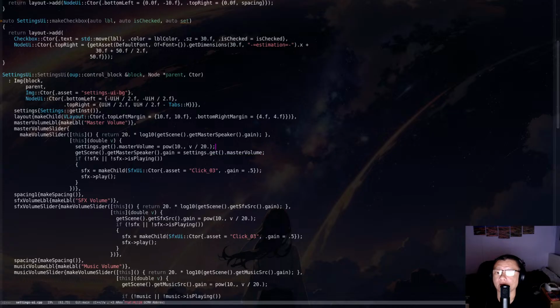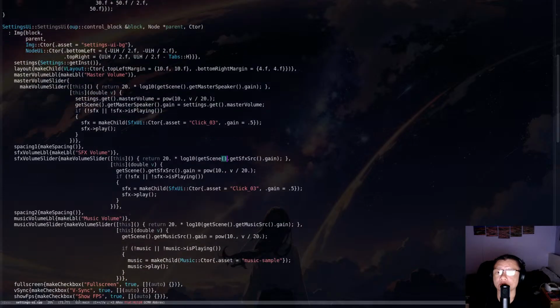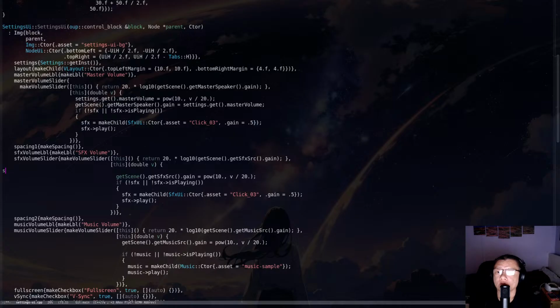Okay. So I'll do the same thing for settings for SFX and music. Get SFX volume equals. So let's put it here, and settings.get SFX volume, and let's do the same thing for